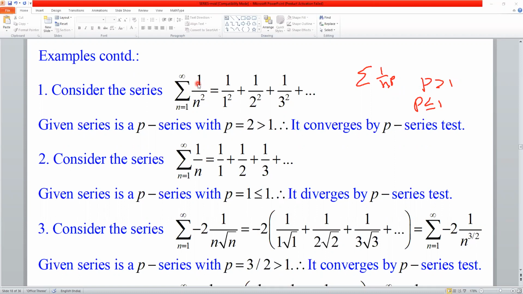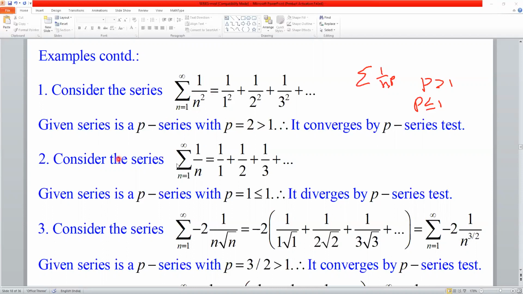Directly we can conclude that the series is convergent with the help of the p series test. Even though we can apply the integral test, I think the p series test is a very common sensical method when compared to the integral test. So easily we can apply the p series test to verify whether this series is convergent or not. Anyway, this series is convergent because p is equal to 2, which is greater than 1. So this series is convergent.